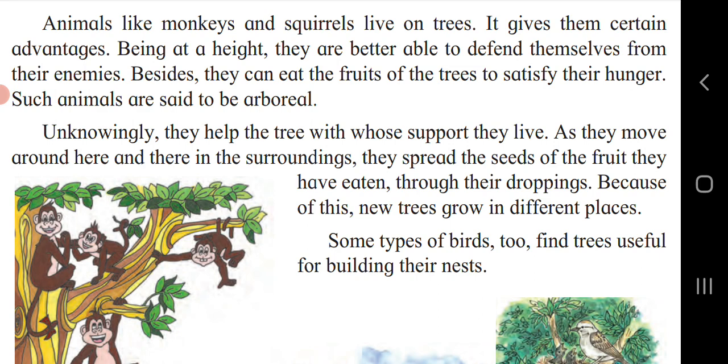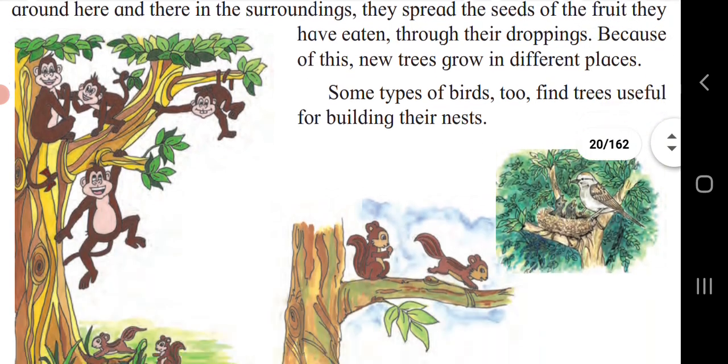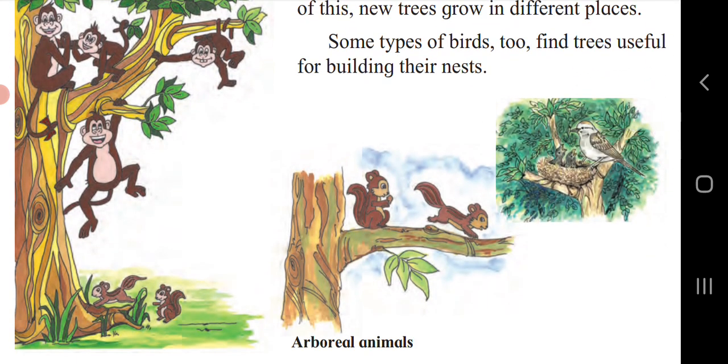Whenever they eat some fruit, they throw the seeds on the ground, due to which a new sapling is seen. That seedling grows into a plant and then into a tree. Some types of birds too find trees useful for building their nests. Yes, some birds build their nests on the trees and live there.